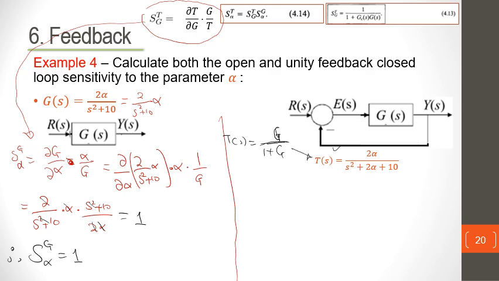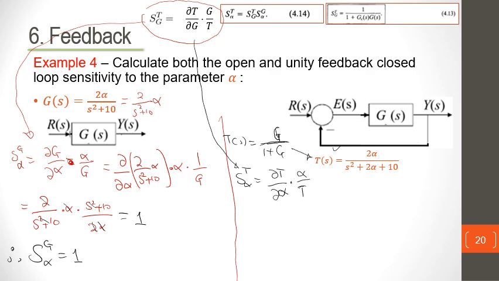However, we do not need to, because in actual fact, if we were to calculate the sensitivity of the transfer function with respect to alpha, we are going to calculate the partial derivative of the transfer function with respect to alpha, times T over alpha itself,